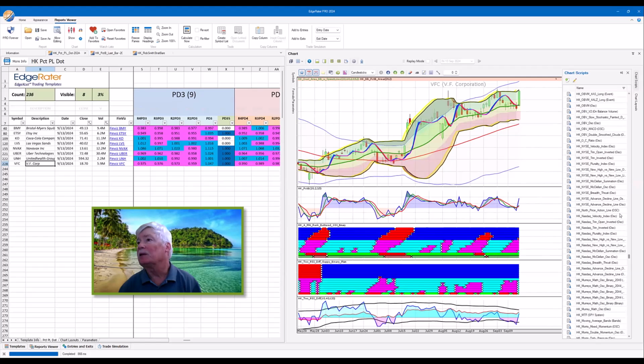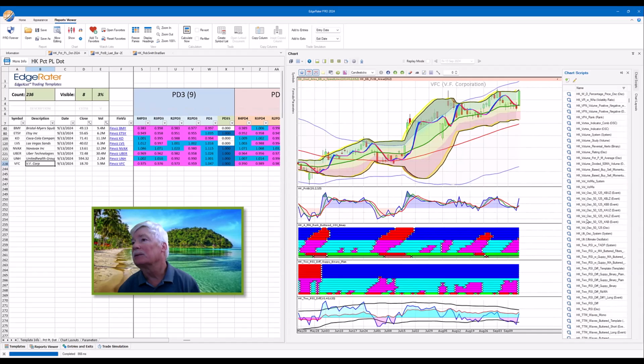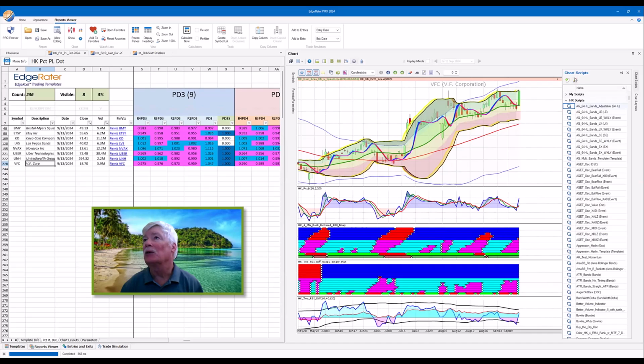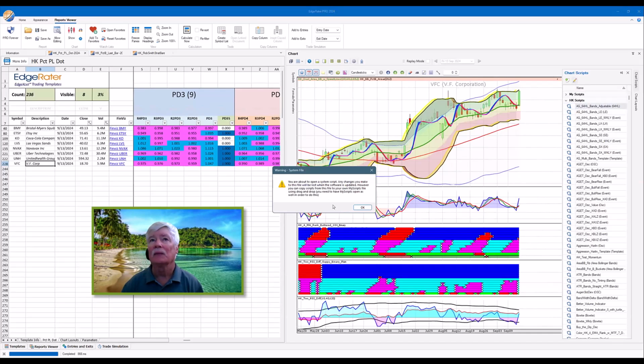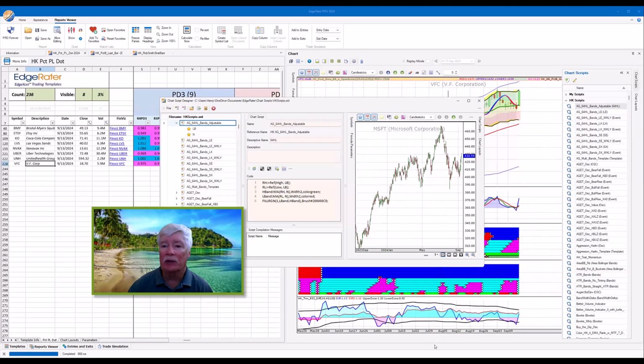Let's pick something easy to learn. Not my scripts, HK scripts. So let's go to, I did it the wrong way. I want that way. Let's go adjustable bands. So you click on that and you go to the pencil. It's going to give you this. It's a system file. Just click OK. It's going to bring up